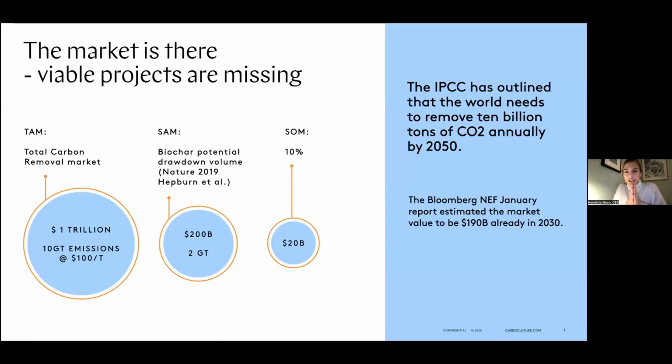As was mentioned just now, the IPCC has outlined that we really need to get carbon removal up and running, and the market is humongous, and carboculture doesn't believe that it's a winner-takes-all market. There's going to be many solutions catering to this huge need that we have. And as we just heard, the capacity today is so low, definitely sub hundreds of thousands of tons, or sub million tons for sure in the removal space, and we need to get that to the billion ton